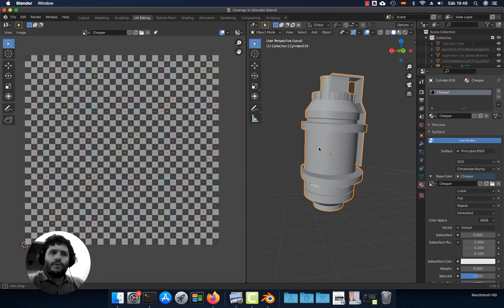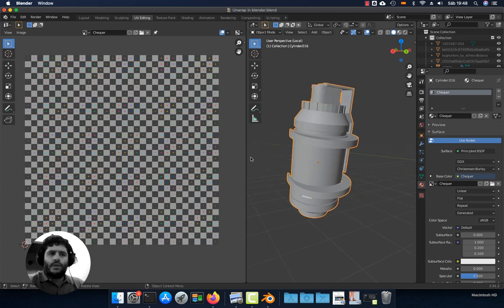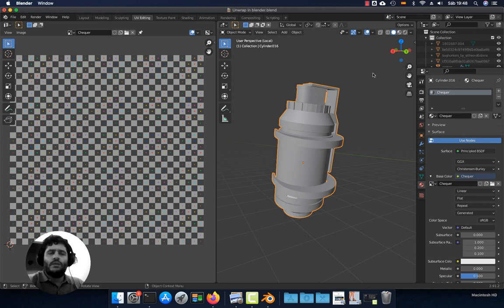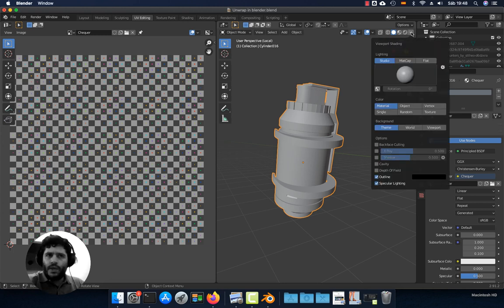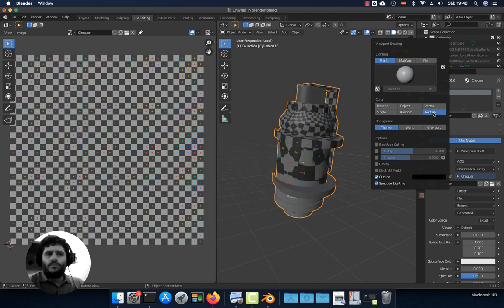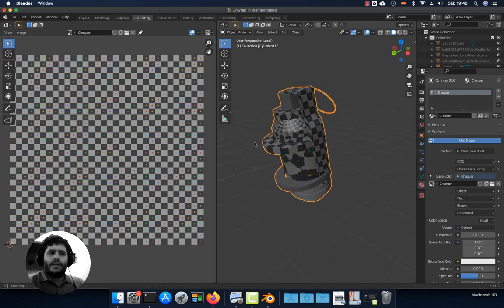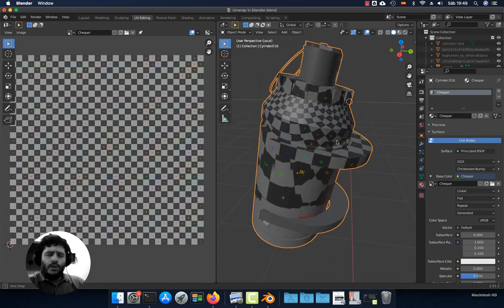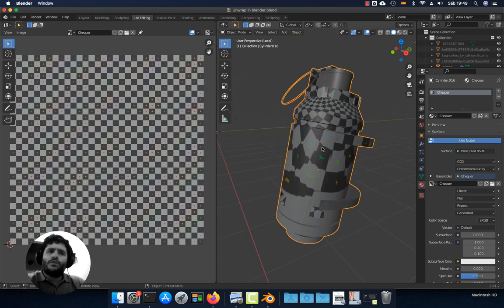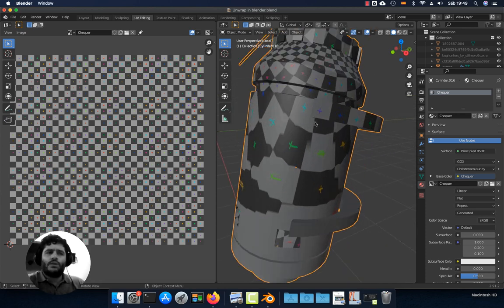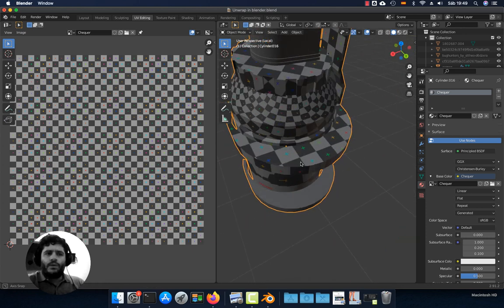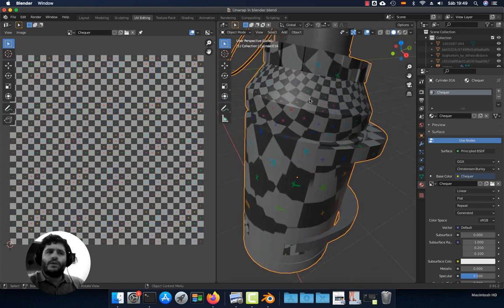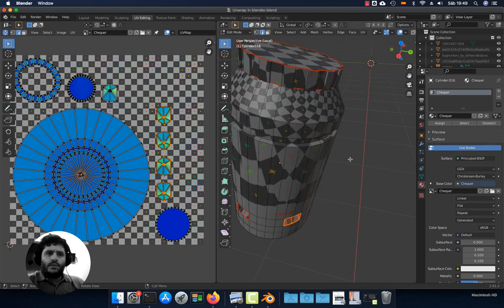You won't be able to see the texture until you go to the display options and choose texture. When you choose texture, the checker will appear in the model. So as you can see, there are some parts of the model where the checker is correctly applied, and other parts of the mesh are really bad. For instance, in this part,